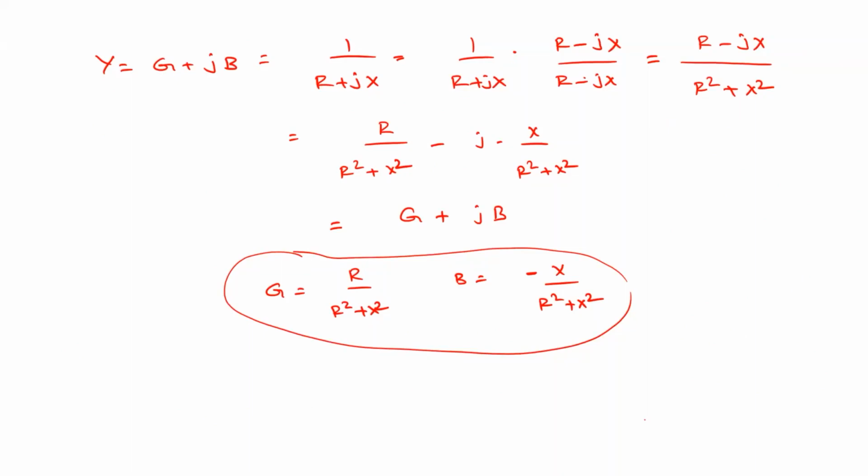If it is a combination of resistance and inductance, this will be G. Its units, for G and B, are similar to resistance and reactance, where the unit is ohm. Here the unit is Siemens, or mho, which is ohm reversed. The symbol for Siemens is S.